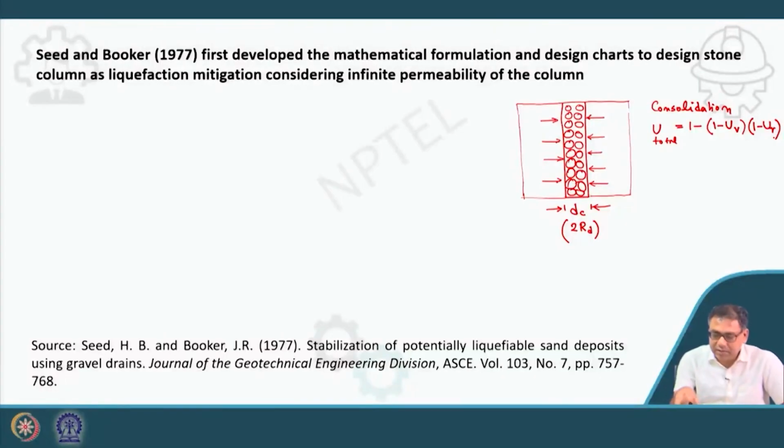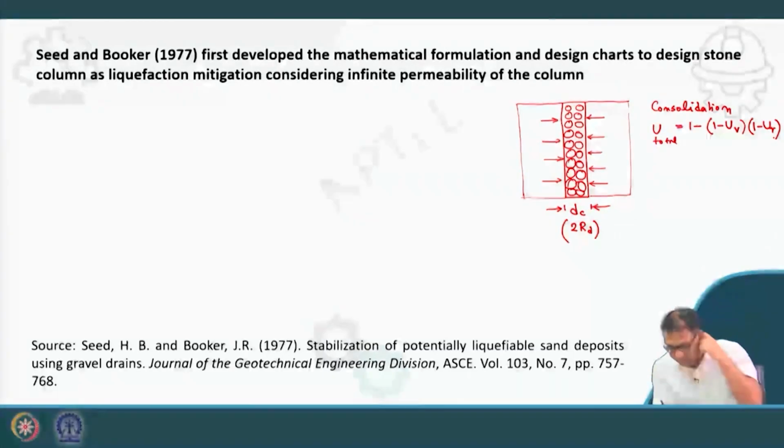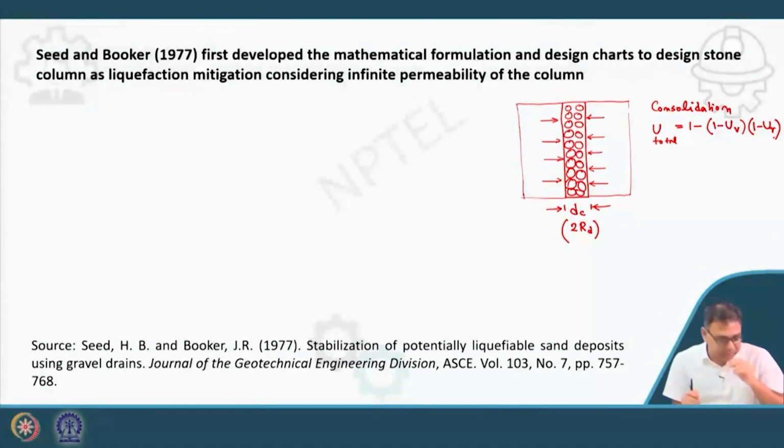Similarly, in your liquefaction mitigation part also, sometimes we use only the radial drainage, not the vertical drainage, because the radial drainage is much faster than the vertical drainage. Clear? So that means if I consider only the radial drainage here, then this will be your RE. This will be RE, that is the radius of the influence zone, because if I draw that